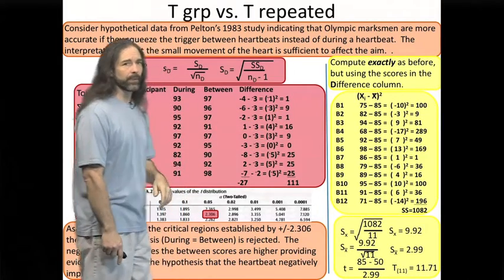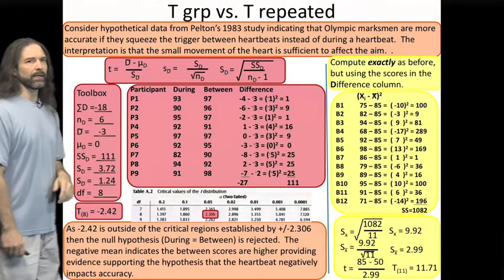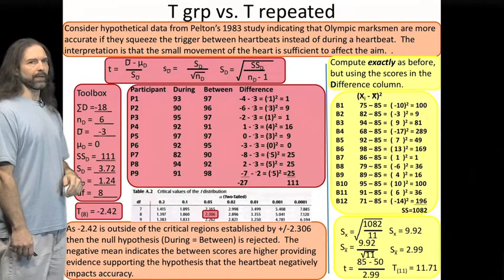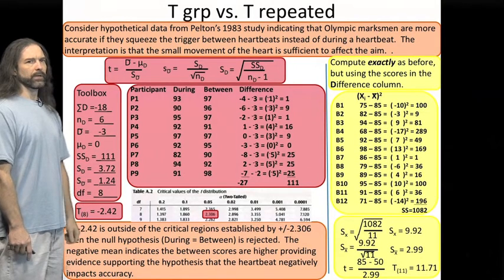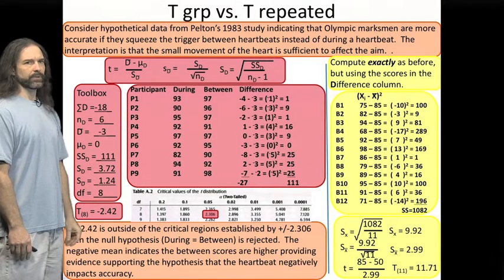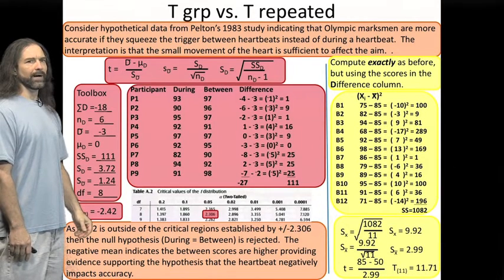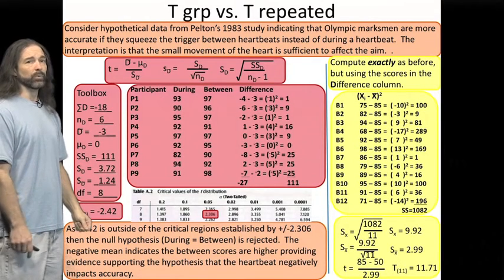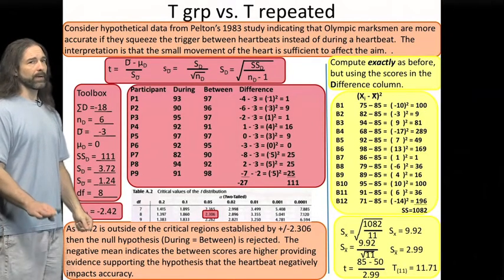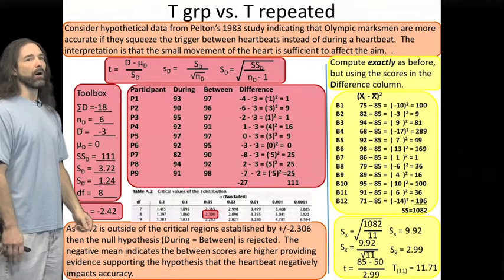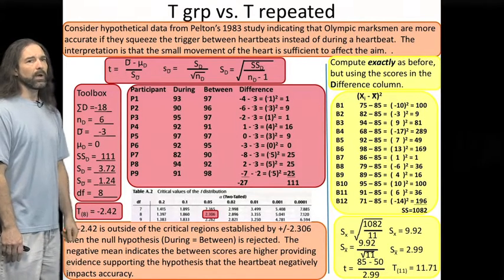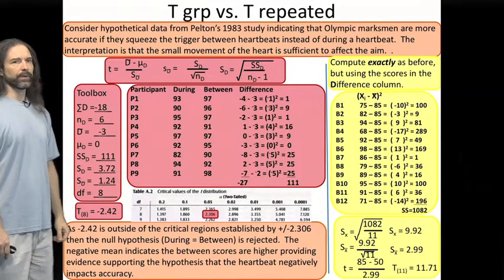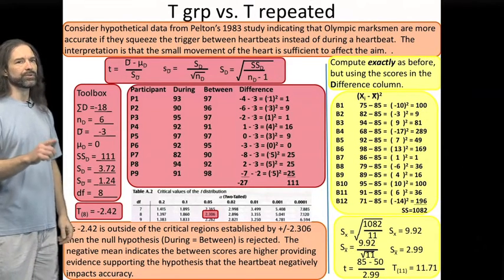I square that, I get 1. I do the same for the rest of the values. I end up getting a sum of squares of 111. When you plug the rest of those into the values, you should end up getting 3.72 and 1.24, finally leading to a t of either -2.42 or positive 2.42. It doesn't matter which way you subtracted. All that value is going to tell you is whether or not to accept or reject the null